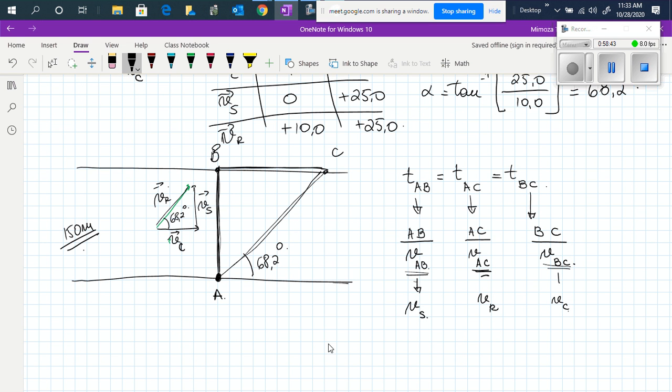Okay, so if we have a 120 meters wide river and we are using this number, then we are using the distance AB. So therefore, we will use the velocity of the swimmer. So the time that it needs to reach the other side of the river will be 150 over the velocity of the swimmer, that is 25 meters per second. Or you can say that it is whatever is the distance AC over the velocity that we just calculated as